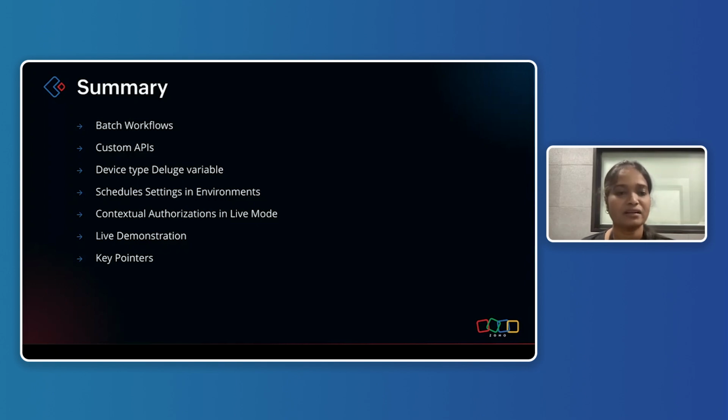Then we had a look at the enhancements, which are the schedule settings in the environments, and also contextual authorizations in the live mode. For all these topics, we had a live demonstration and key pointers. I hope this is clear. So please post your questions in the question tab, and you'll be able to get your doubts cleared by the